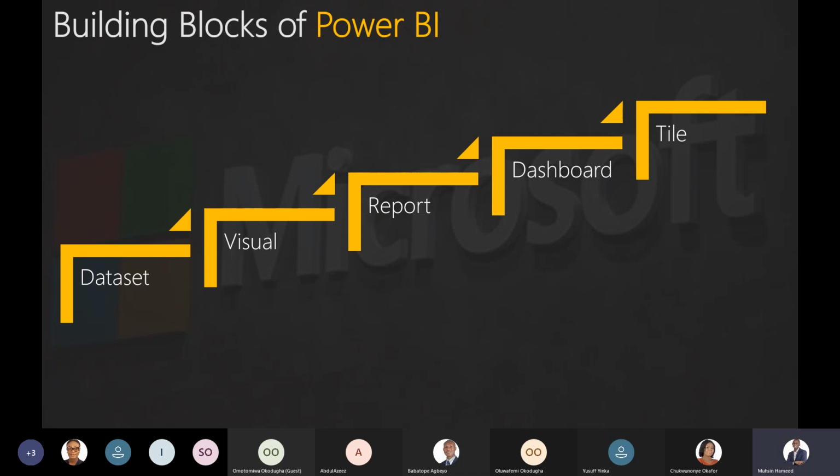And then we have the tile. So what is the tile? Just normal, the actual tiles that we have in our homes. A space that a visual sits on in your Power BI service is what is called a tile. That is a tile. So you have a space for your line graph, the space it takes, it's like a plot of land. That is the tile there. You have another, a card visual, or you have a